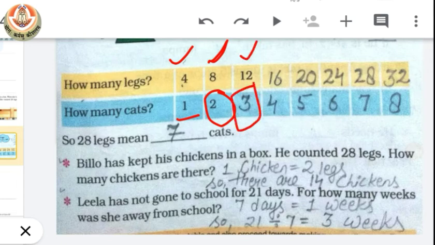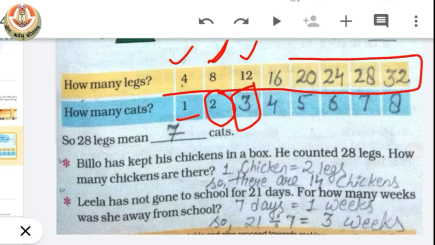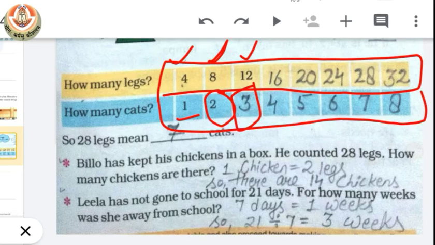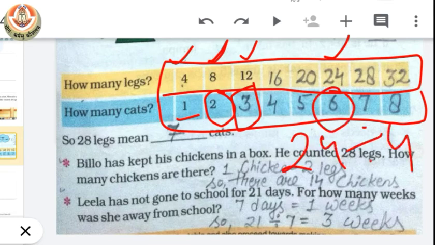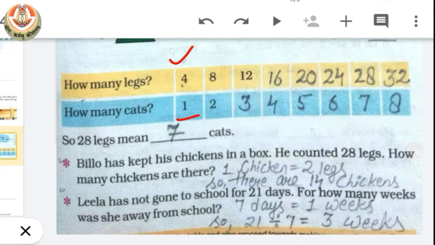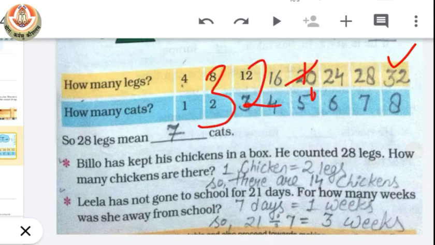Similarly, in the number of legs we have the table of 4 and here we have the table of 1. For the number of legs 24, the number of cats equals 24 divided by 4, which equals 6. Similarly, for the number of legs equal to 32, the number of cats equals 32 divided by 4, which